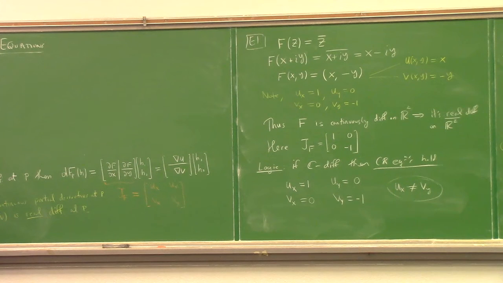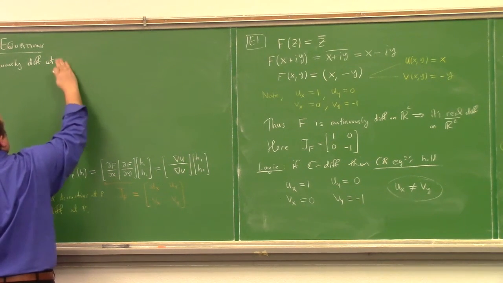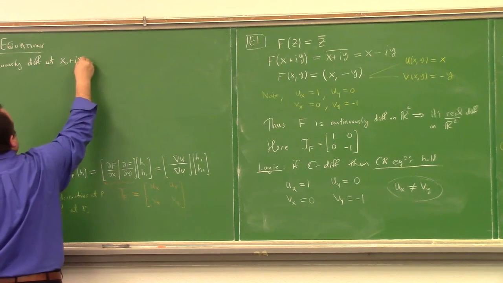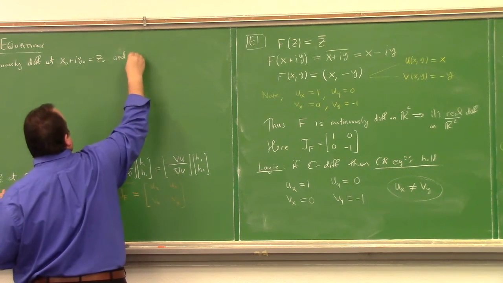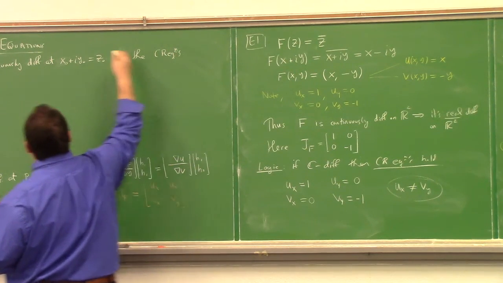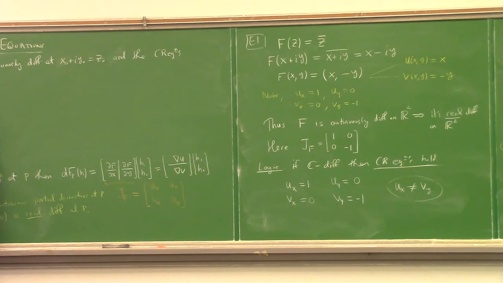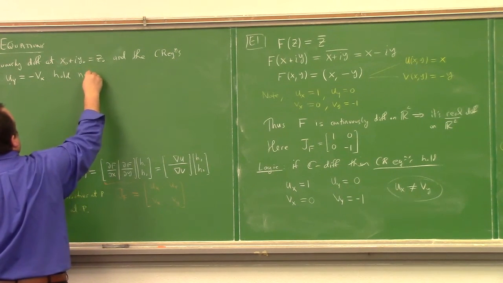Theorem: if f is continuously differentiable at x_0 plus i y_0, let's say z_0, and the CR equations, u_x equals v_y and u_y equals minus v_x, hold near z_0,